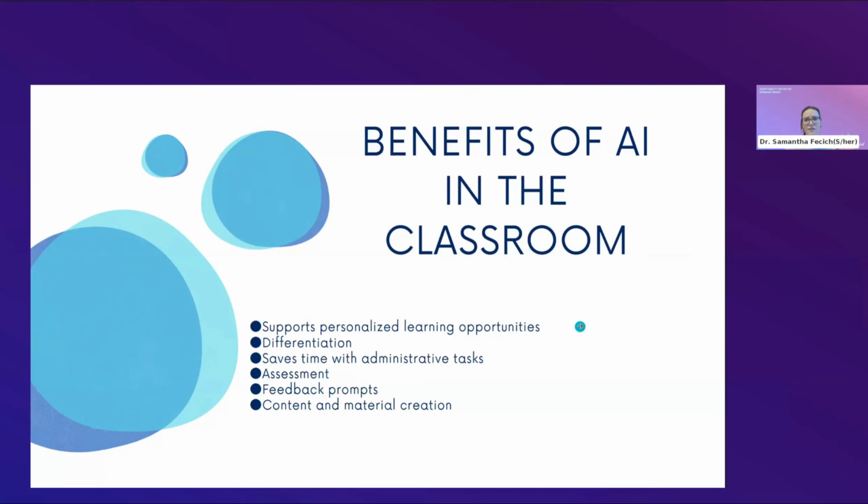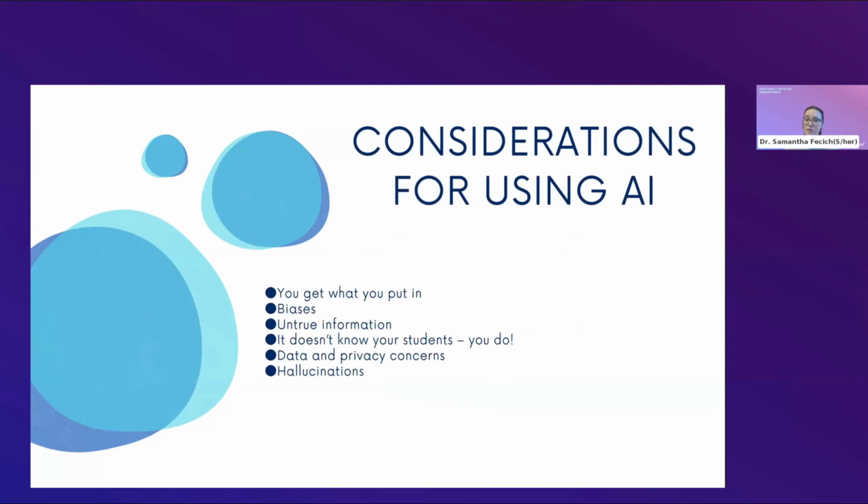And then again, it's fantastic for content and material creation, but we need to be aware because AI does have biases built in. Sometimes it will lie and make up information. For example, I was telling my students, if you have it write a paper for you, sometimes AI will come up with its own citations that don't exist or journal articles that were never written. So it's important to vet your content, be a critical consumer of the information it's putting out,